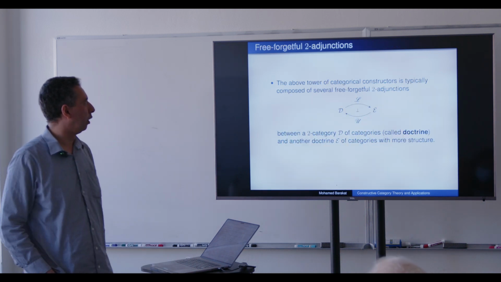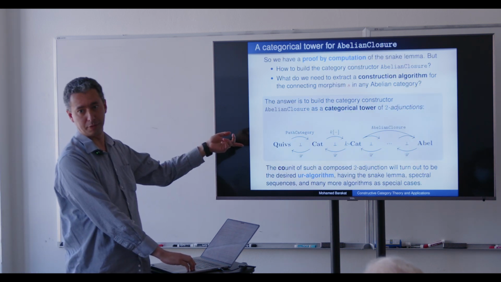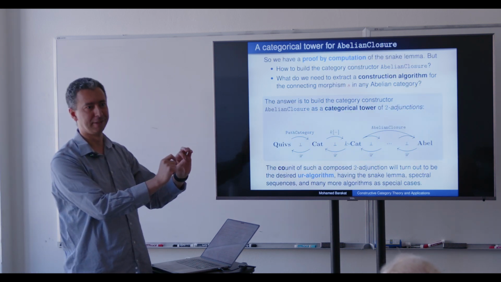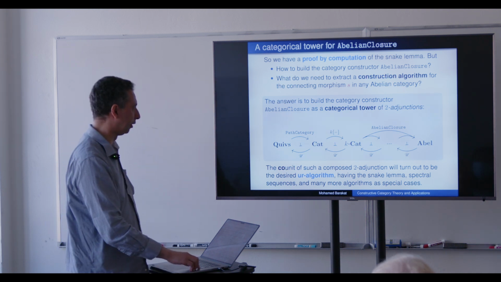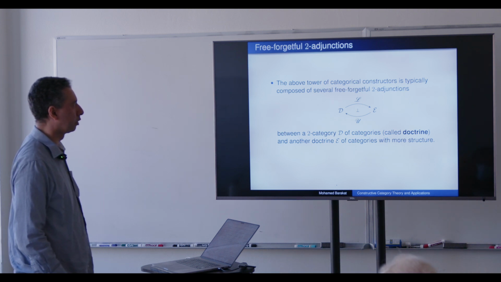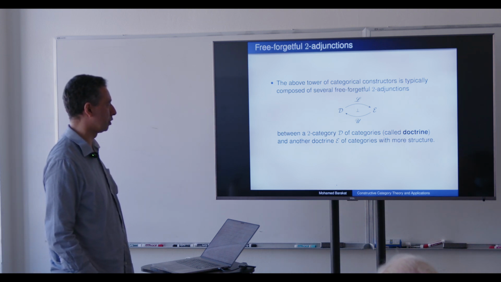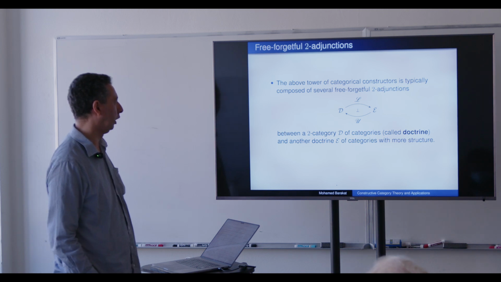So the above tower, by the way, the unit will play a role. The unit will play a tiny role at the end. But the main algorithm is the co-unit. So the above tower of categorical constructors is typically composed of several free forgetful two adjunctions between a two category